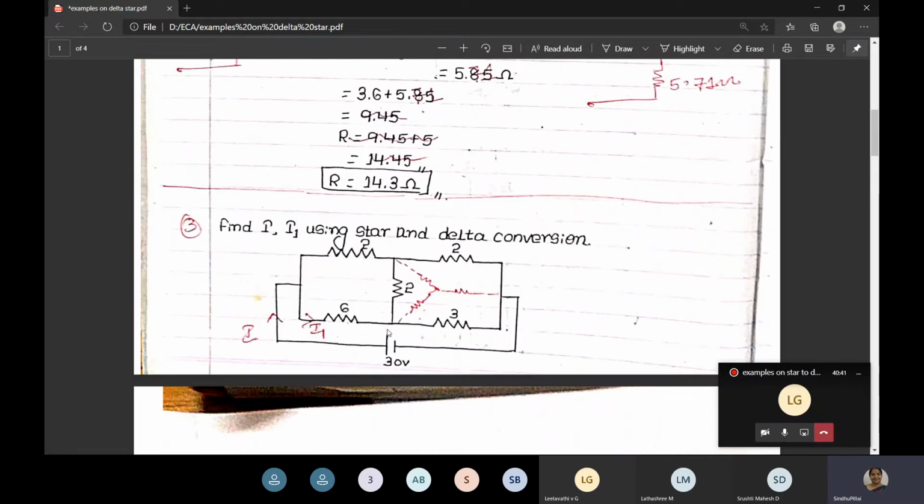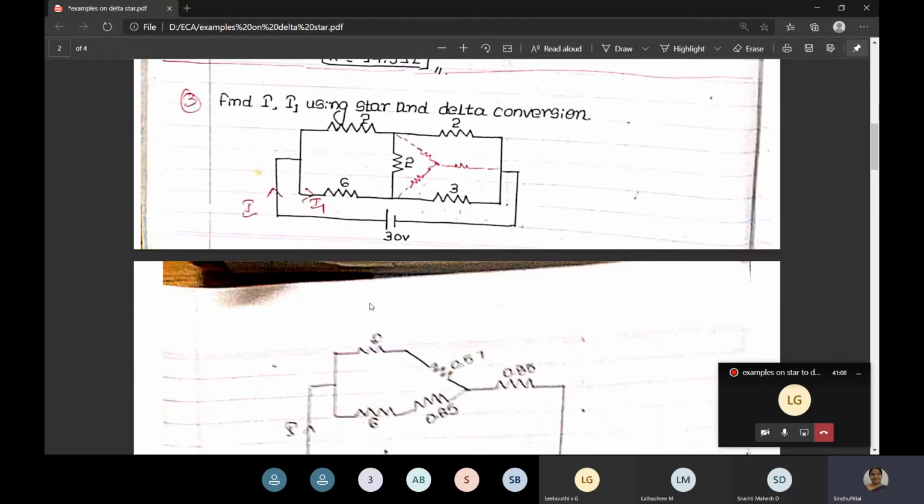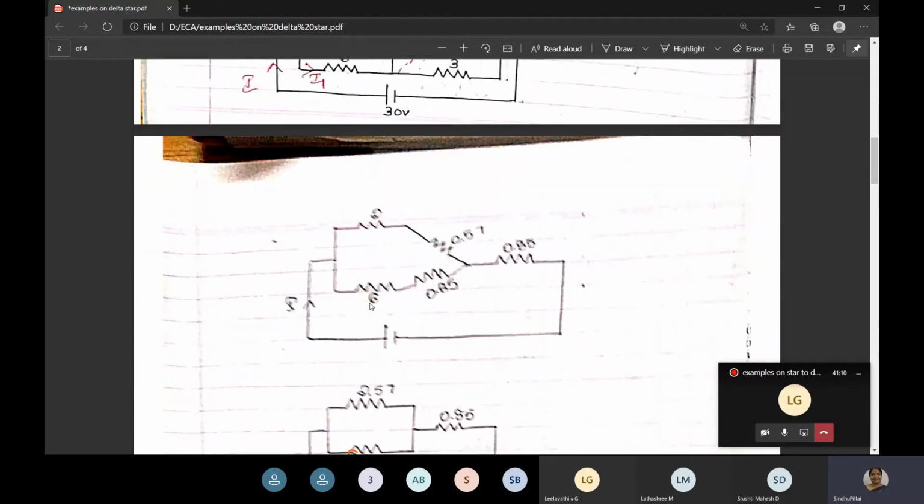This is how, after reducing the network, you are finding the main current and branch current. So the network can be reduced in many ways. One delta we identified here was 2, 2 and 3. Follow the same method and do here 2, 2 and 6. Okay, 2, 2 and 6 is the delta here. Convert it into star. Just put the outline of the star. Then find the equal branches, and follow the same method in finding the main current and the branch current.